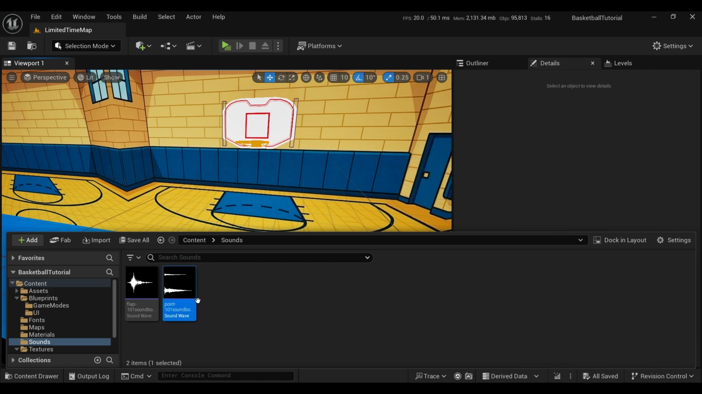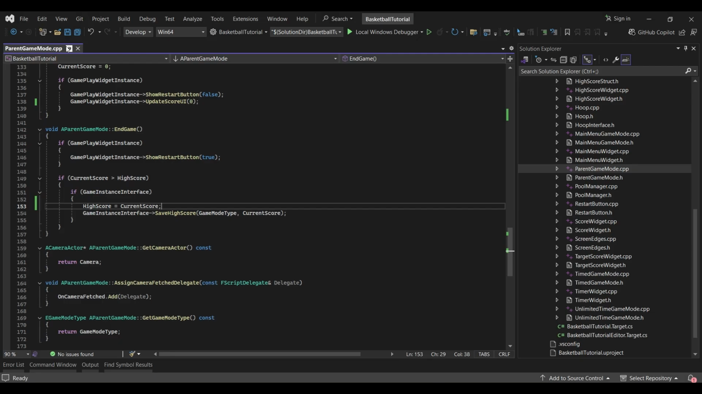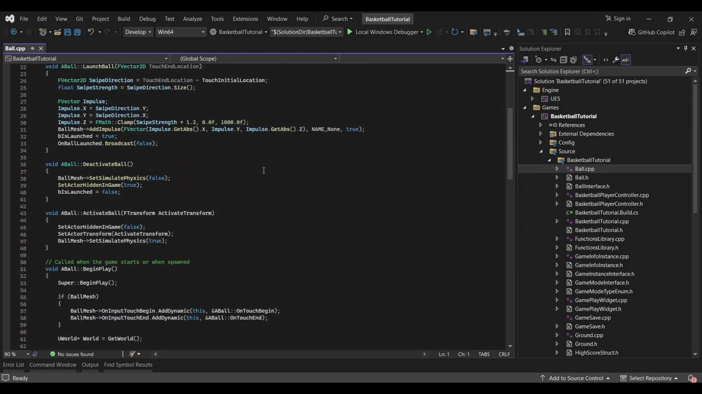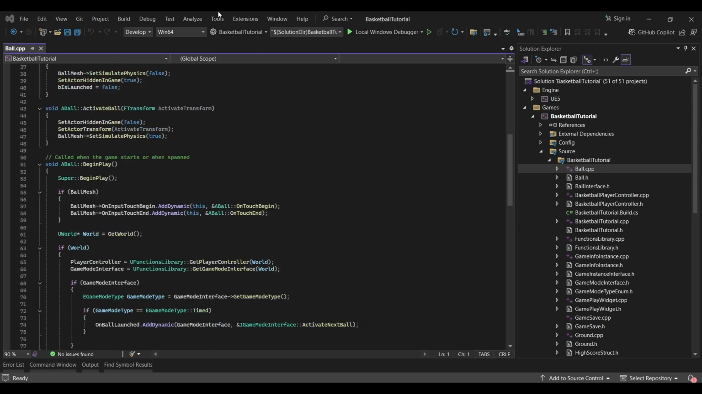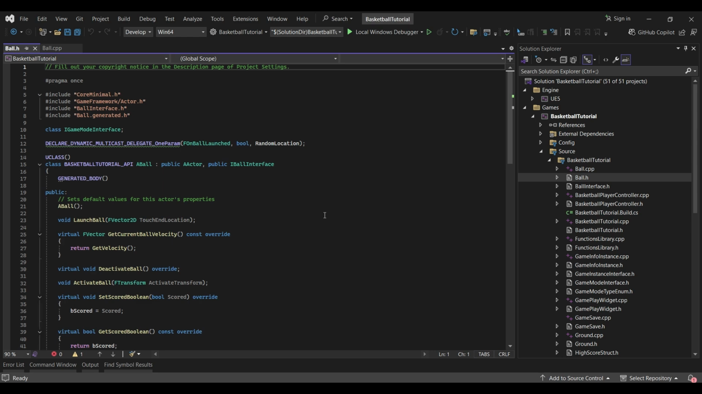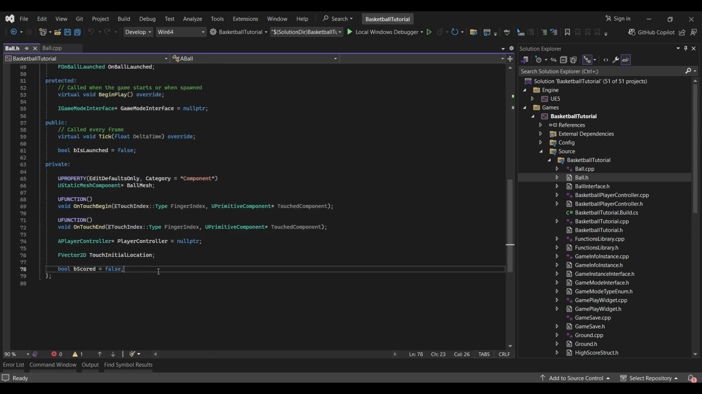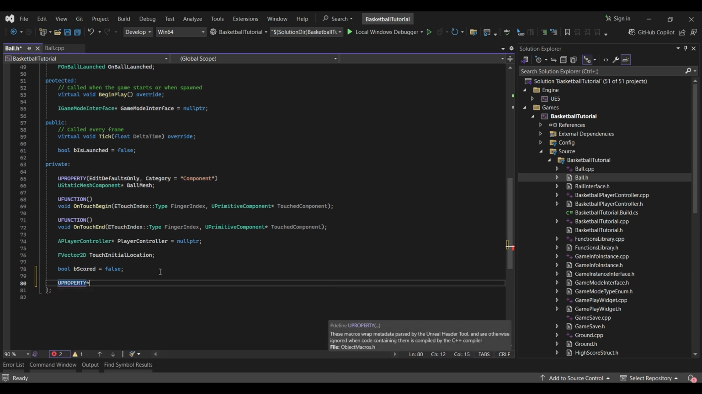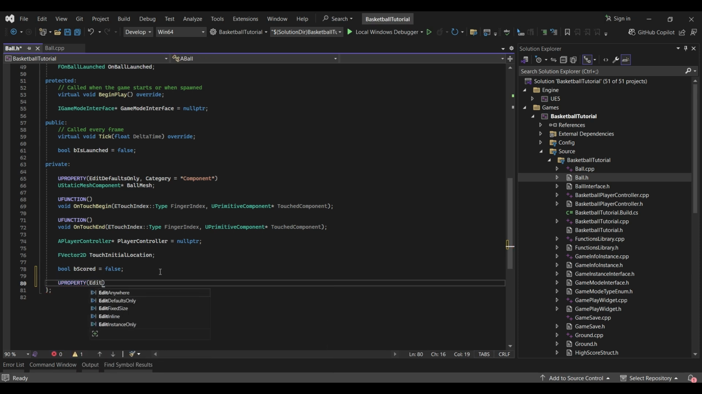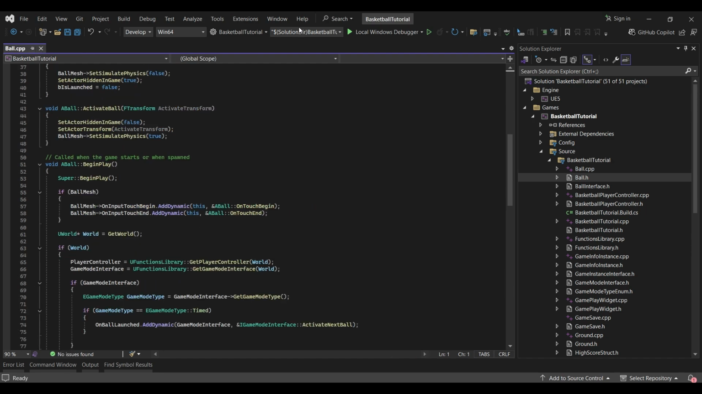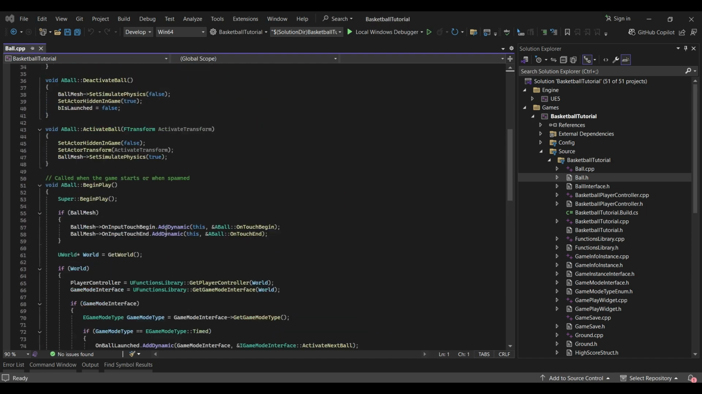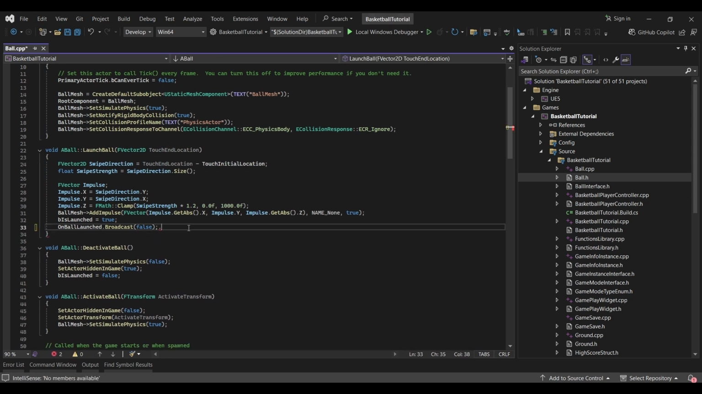Okay, so I imported my 2 sounds. Now let's go to the ball here. Inside here, in the private section, let's create a UPROPERTY. EditDefaultsOnly, Category equal Audio, and create a USoundBase. Let's call it LaunchSound. Now here, when we launch it, where is it? When we launch it,